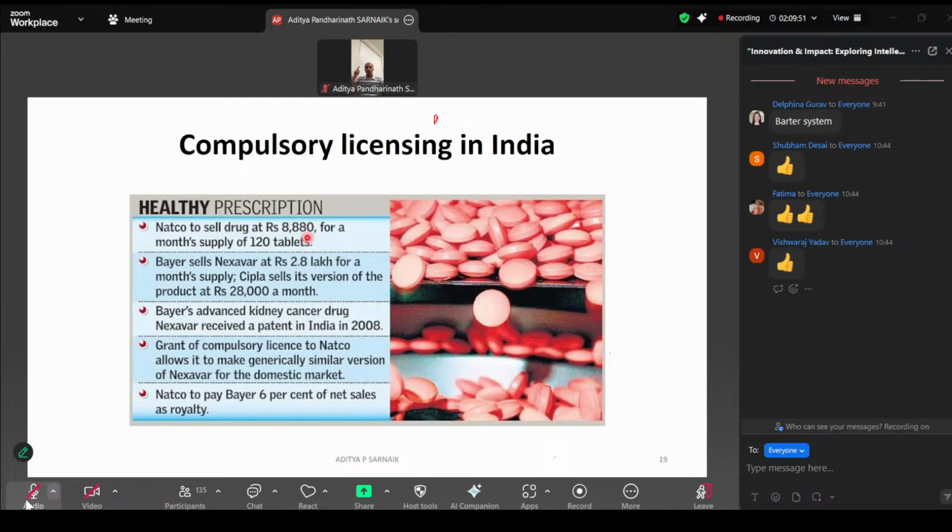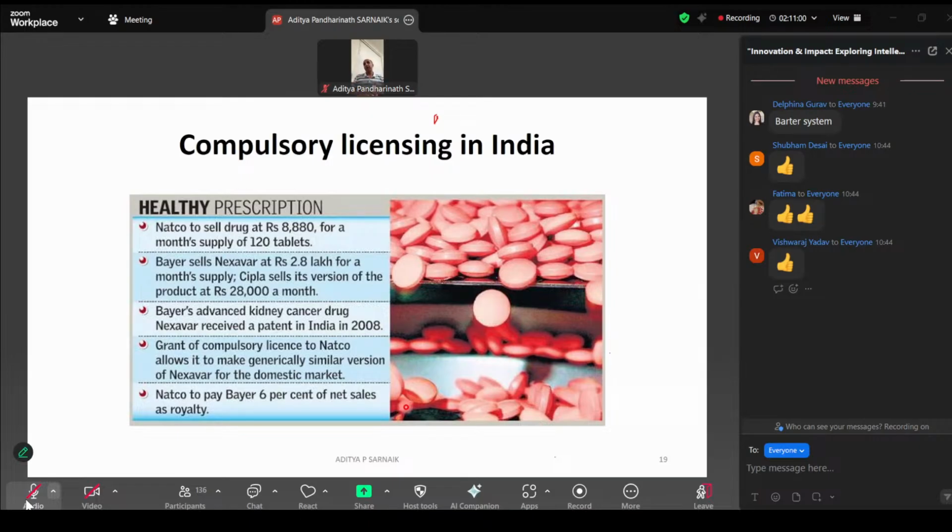Now NATCO told the government that we will make the drug at a lower price. Again, there is a difference between net sale and gross sale. On net sales, they will pay 6% royalty to Bayer Pharmaceuticals. So that is why it is not a normal licensing. If Bayer had given that particular license to NATCO, it is called normal licensing. If the government intervenes and makes it compulsory for Bayer to give that particular patent to NATCO, then that is called